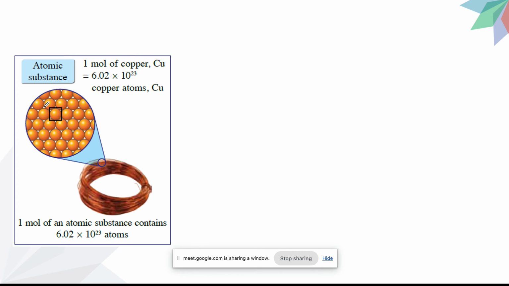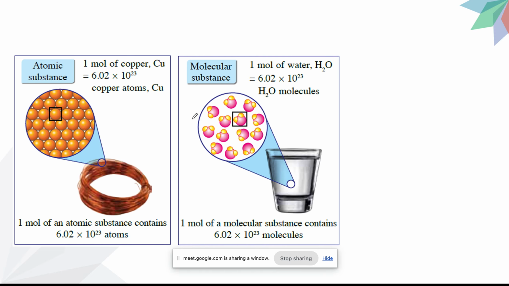So when you take any atomic substance, 1 mole of copper, for example, let's say this is copper, like you know copper wire, right? 1 mole of copper equals 6.02 times 10 to the power of 23 copper atoms. Is that okay? Similarly,